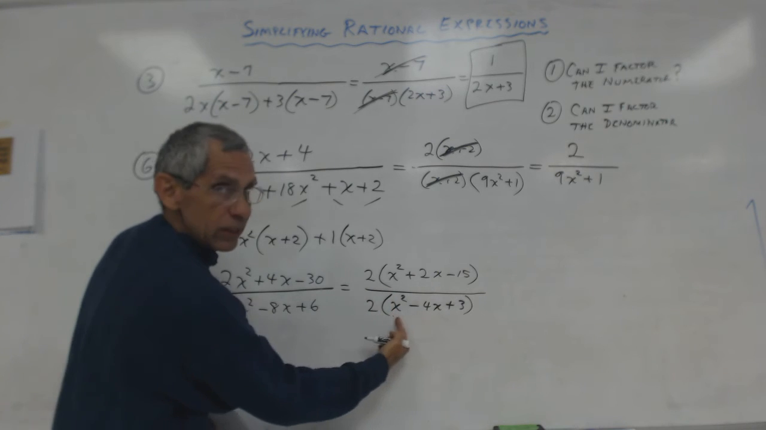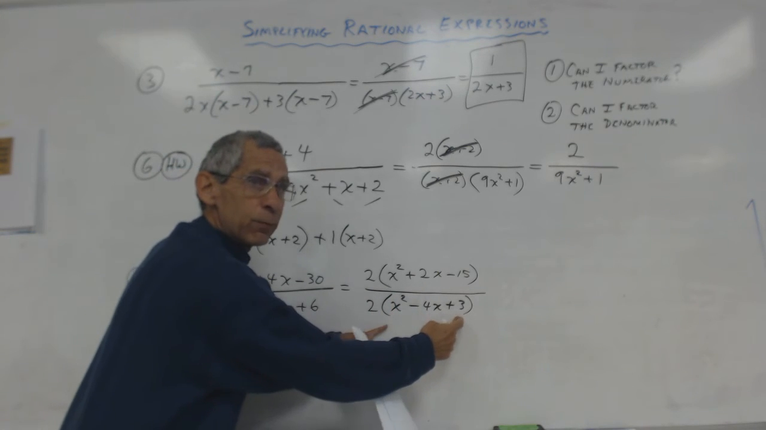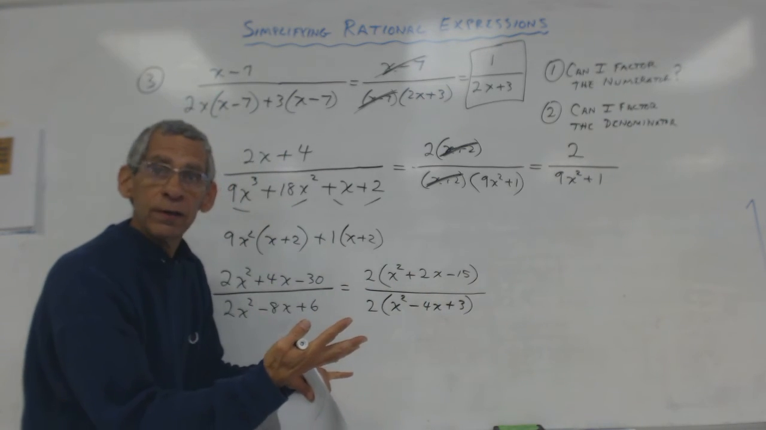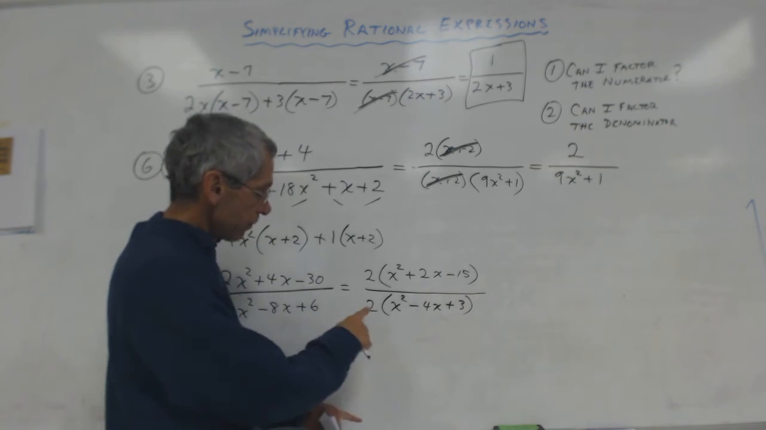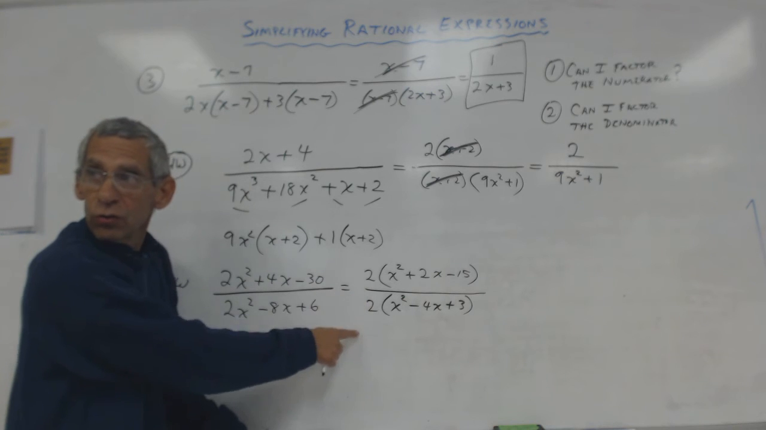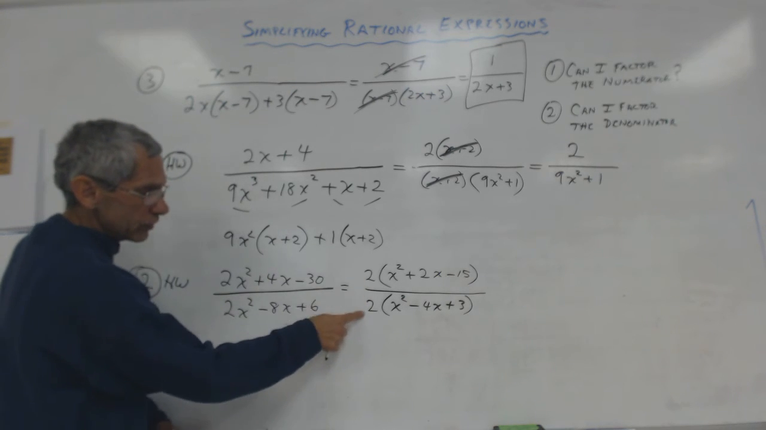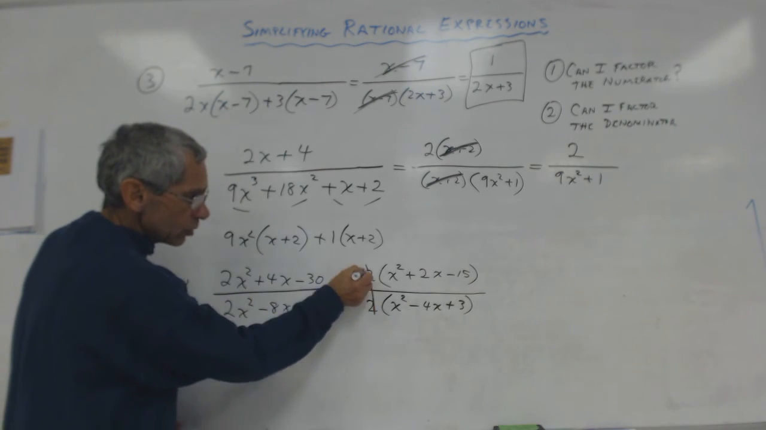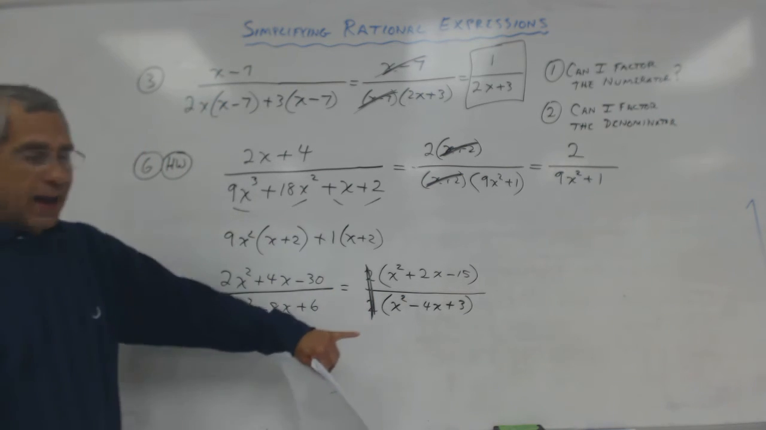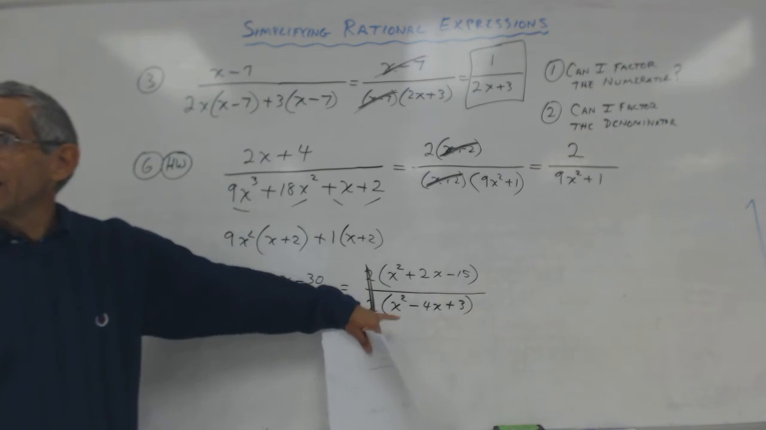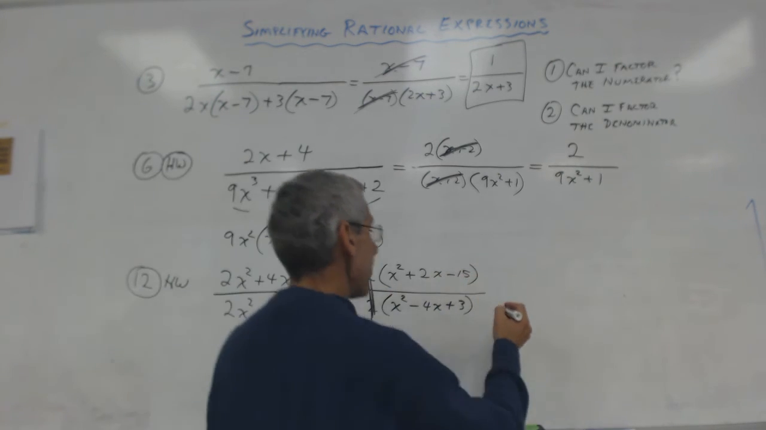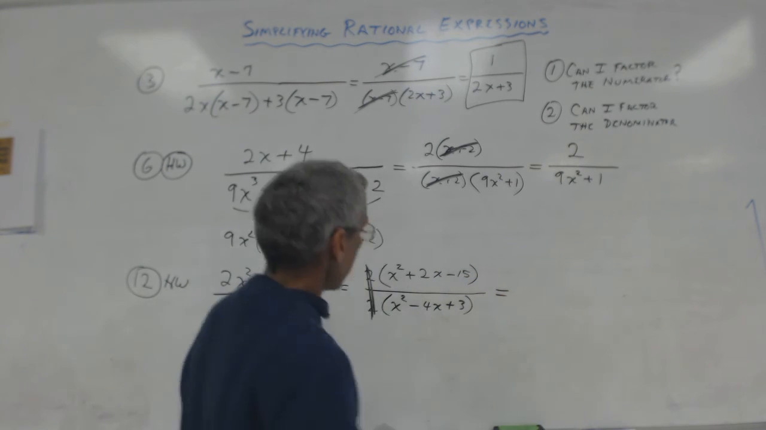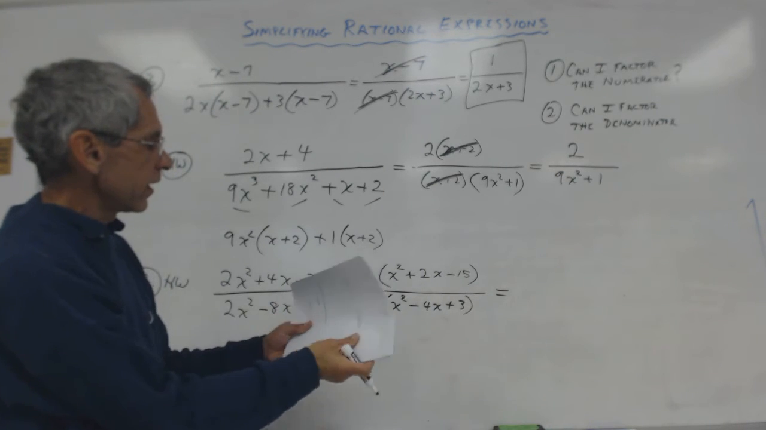I can't cross out these. Anything inside the parenthesis is a blob, and if they're not identical, I can't touch it. But the 2's now cross out. Look at this. Now all I have is the 2 trinomials. You with me? Okay, so I'm going to go back again and ask the question, can I factor